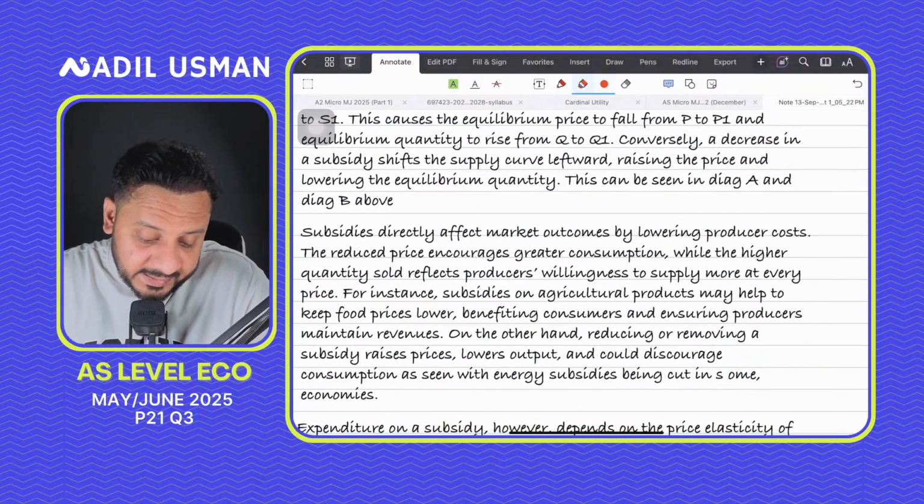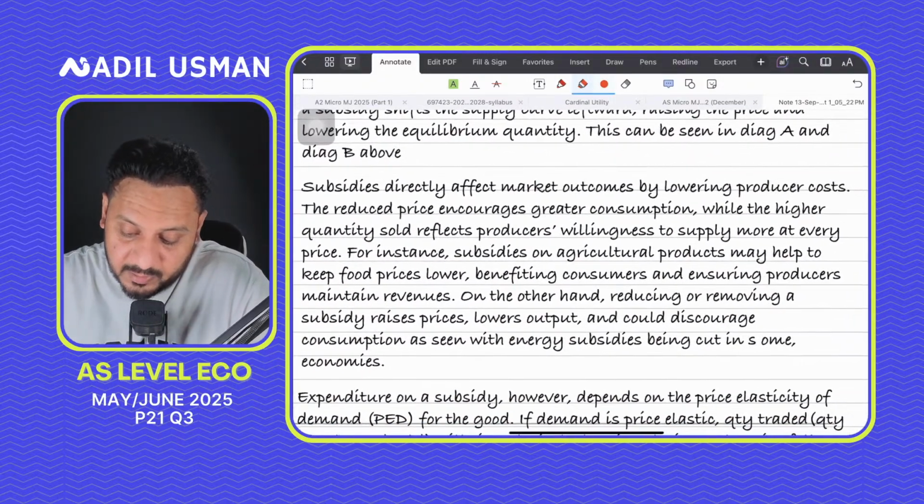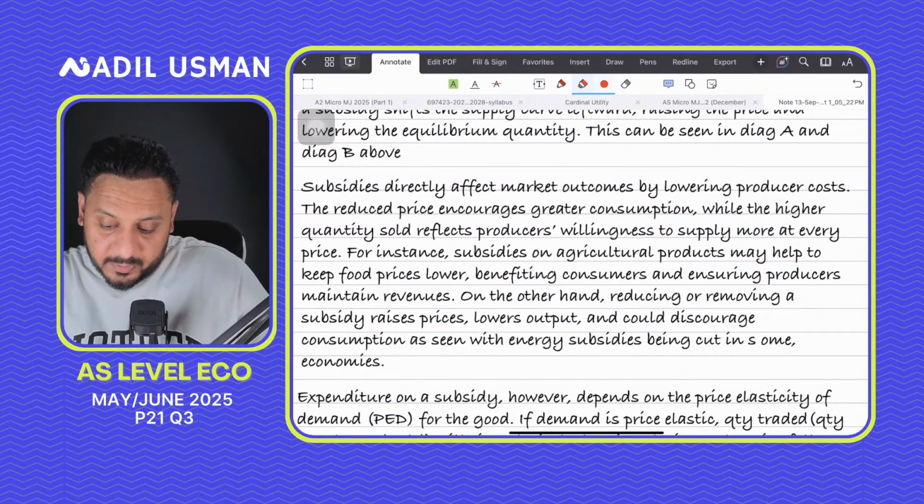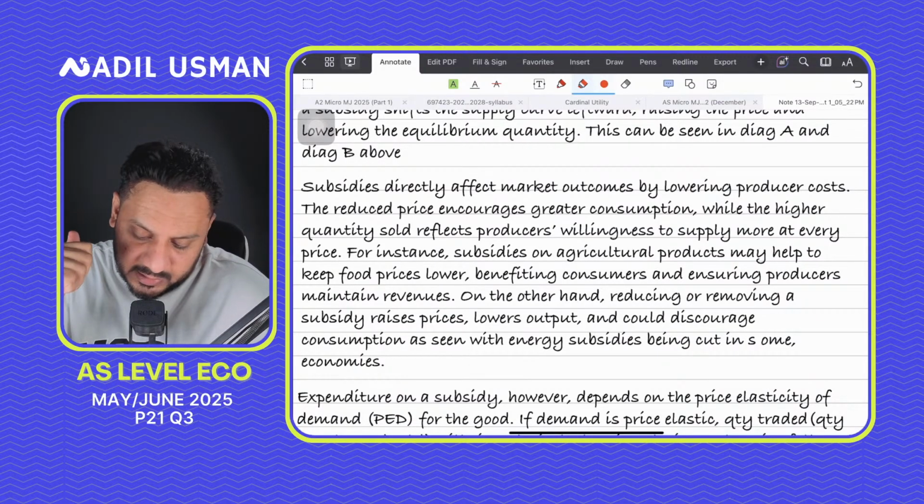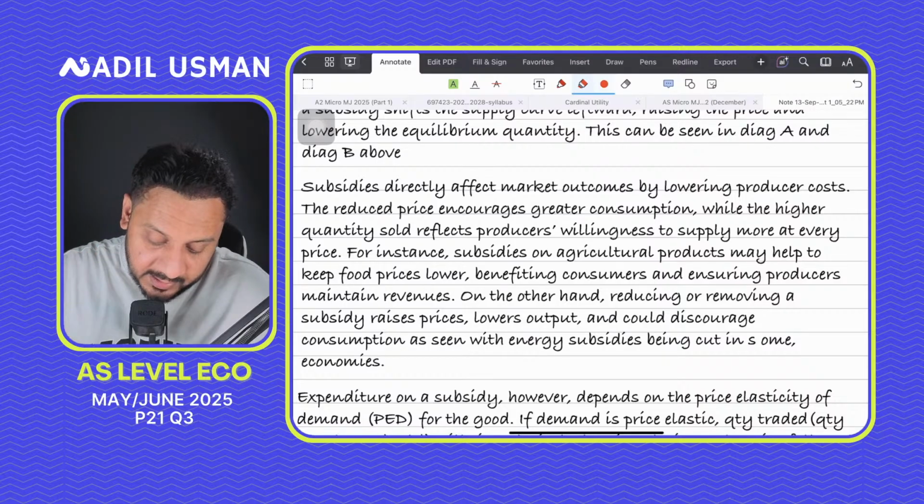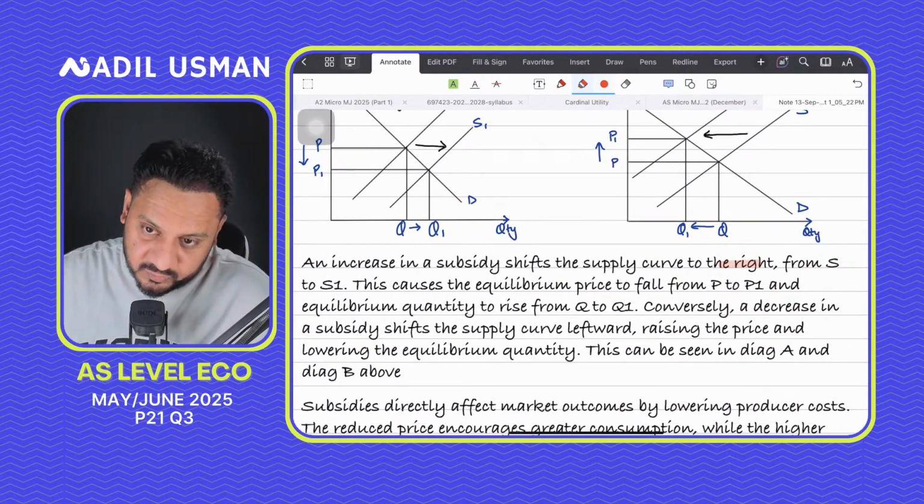So then you say subsidies directly affect market outcomes by lowering producers' cost. The reduced price encourages consumption. Okay, that is done. Then the next part is that you sort of say